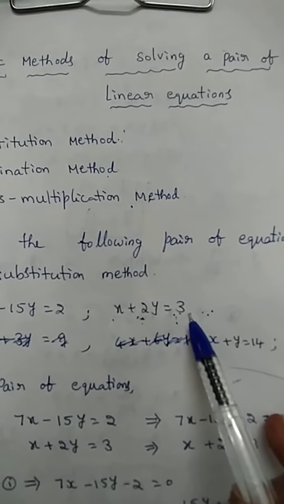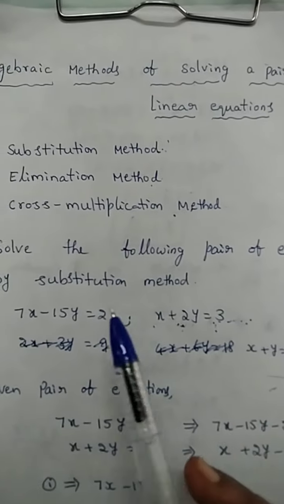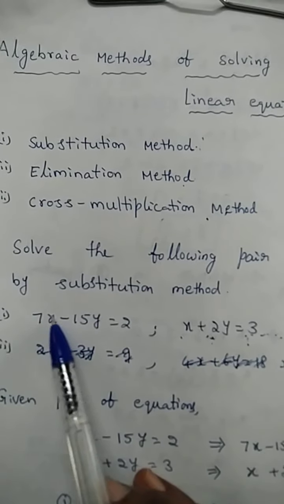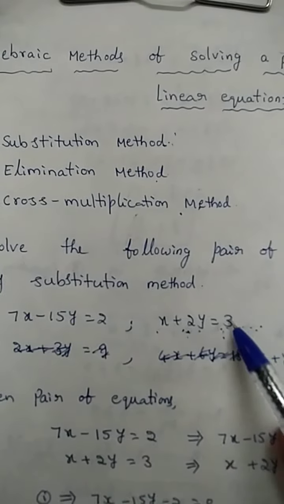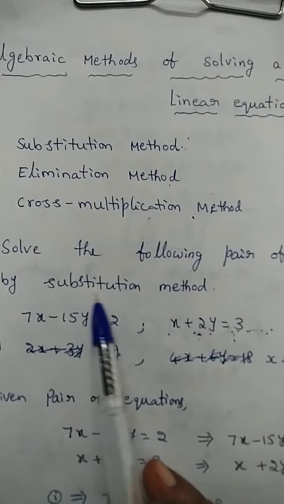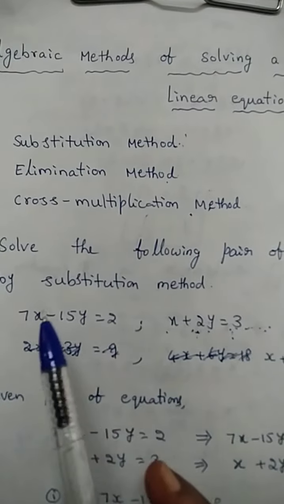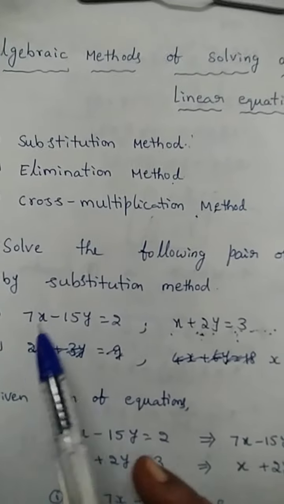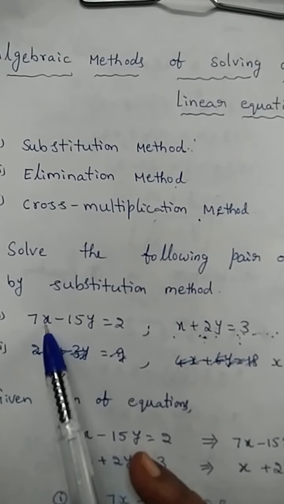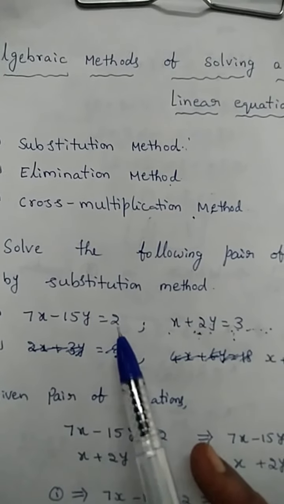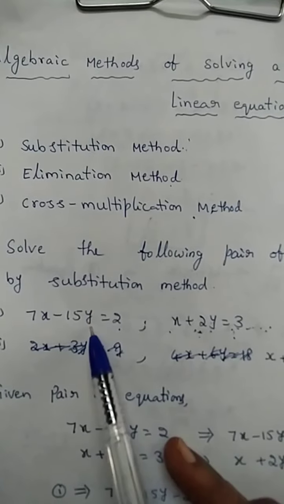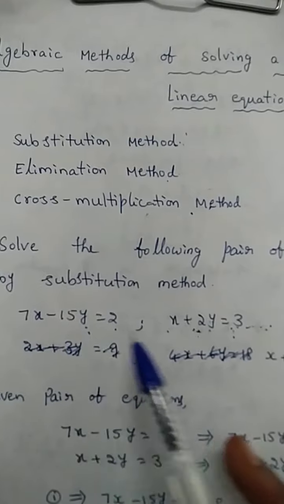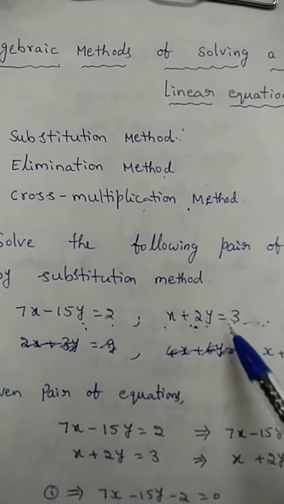Now the value of x is equal to 3 minus 2y. That result for x is substituted in the place of x in the first equation. In the first equation, in place of x, we substitute 3 minus 2y. Then automatically it is a substitution method; we are substituting the values. Now we can observe: 7 into (3 minus 2y) minus 15y is equal to 2. There is no variable x in this equation. Why? Because x has been changed into the y variable by writing it as 3 minus 2y.